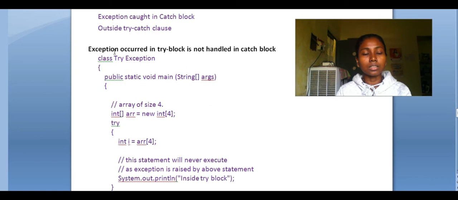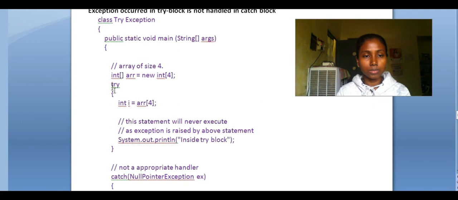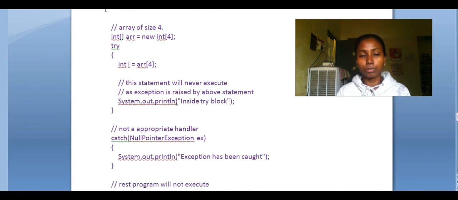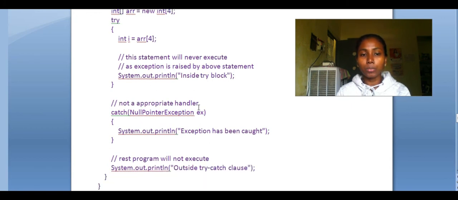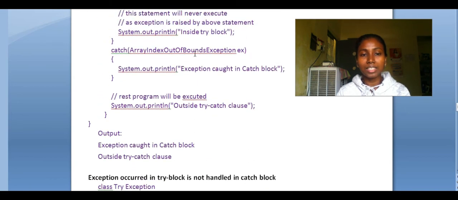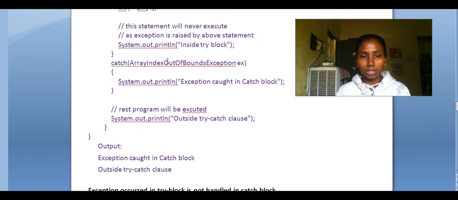next thing, the exception occurred in try block is not handled in your catch block. Here see, the same thing, ये चीज दिखा है. तो exception आपका कहाँ पे हो रहा है, यहाँ पे हो रहा है. Means this statement will never execute as the exception is raised above in this statement. Okay, so here the printing statement is inside your try block, but there is no appropriate handler here, means catch NullPointerException. So here you see ArrayIndexOutOfBoundsException, ex. Okay, ये होना चाहिए